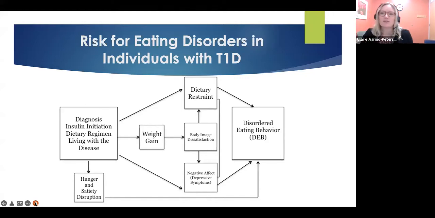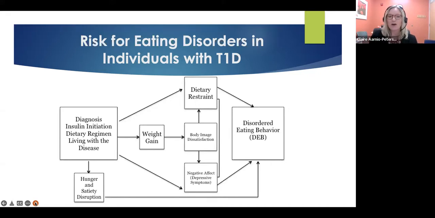When we think about individuals with type 1 diabetes, there are a lot of factors related to the onset of the illness and the treatment regimen that can potentially exacerbate other risk factors for eating disorders. So for example, there's typically weight loss associated, as most of you know, prior to initial diagnosis of type 1 diabetes. And that can be particularly reinforcing,